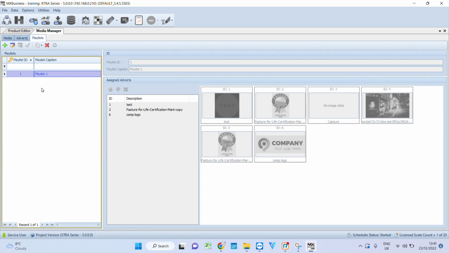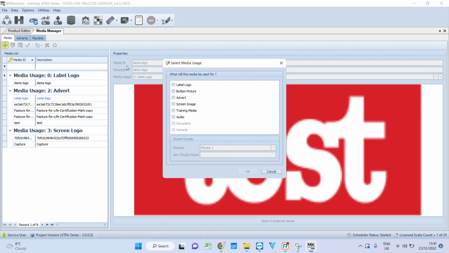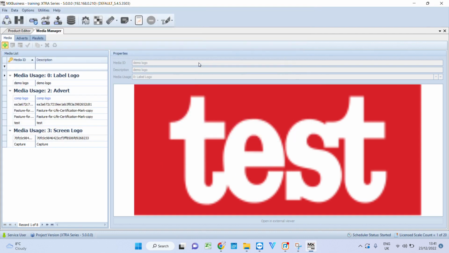So what you need to do is click Media, click the plus to add new, click Advert, and then it will say at the bottom the first playlist. So what we'll do is we'll just create a new one. We'll call it, let's say, Christmas. So click OK. It will then ask you to choose the first image. So if I just choose